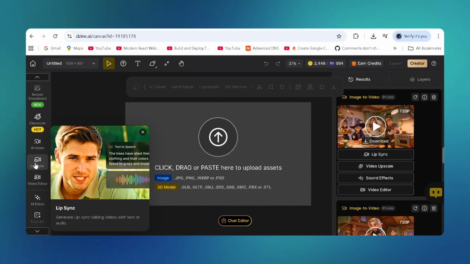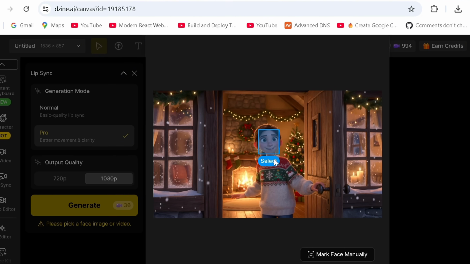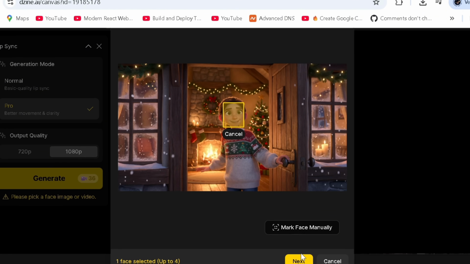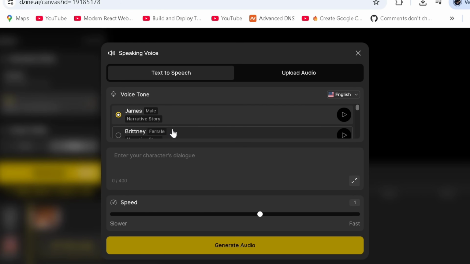Which is where the multi-character lip sync feature comes in for long, consistent dialogue. Select Pro Mode and set output to 1080p for quality, pick the face image, and upload a scene requiring dialogue. It'll auto-detect faces for you to select. Then you can pick a voice in the timeline and select an AI voice to enter character dialogue for sync,